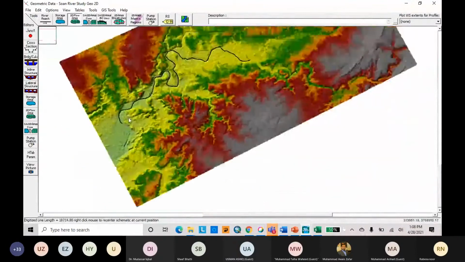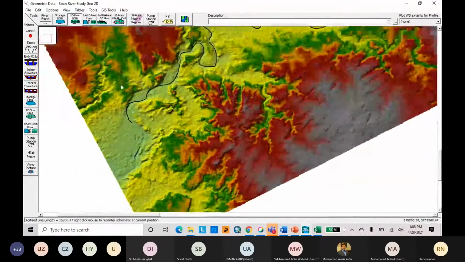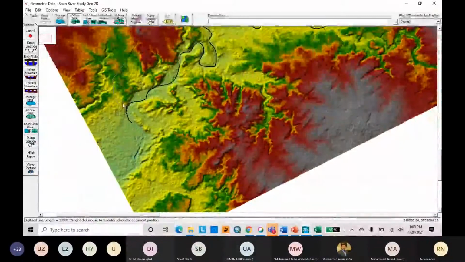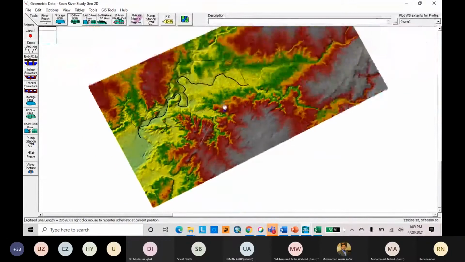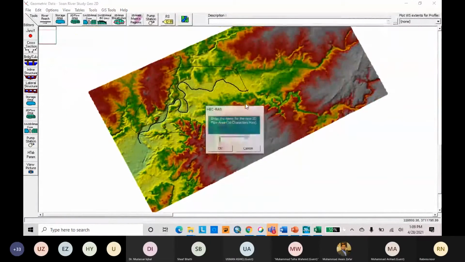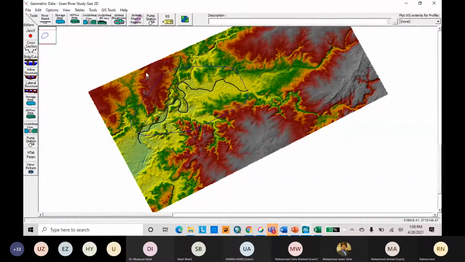Zooming in. Double click to end the area. Okay. Due to time limitation, I will speed up a little.